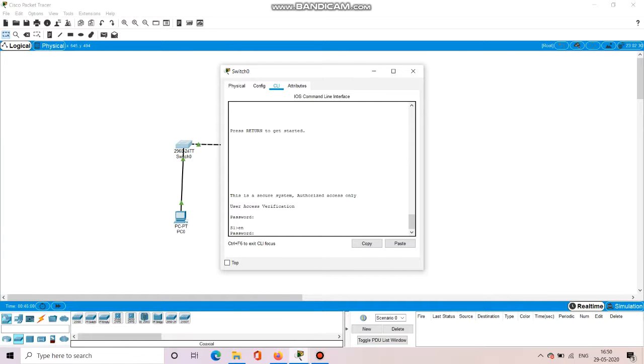To check the MOTD banner, again exit the configuration terminal and log into the switch from the user mode to the global configuration mode, and you will get that particular banner.